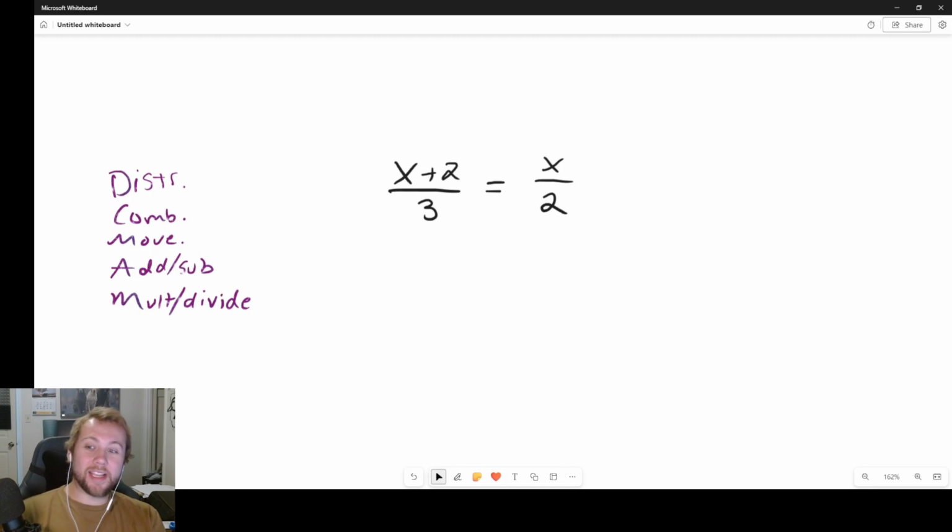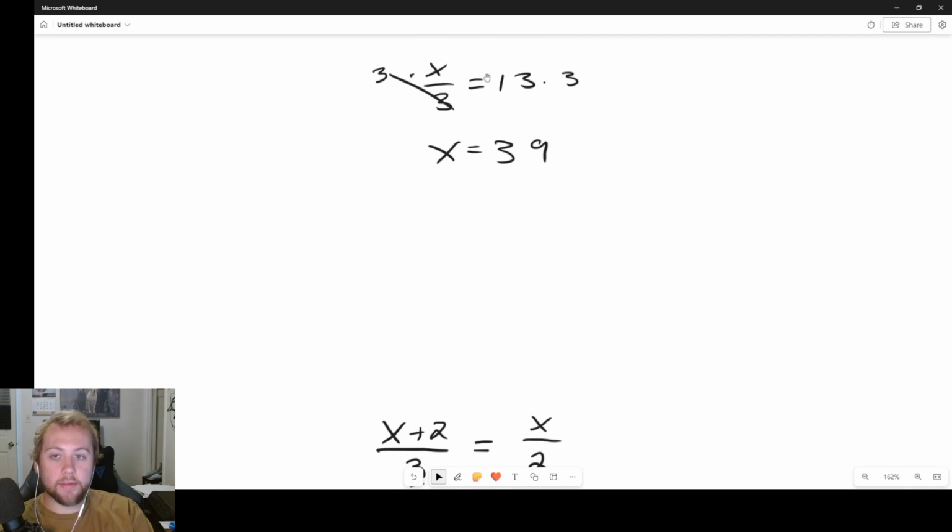Now this problem has two ways to go about solving it. Now we have a variable on both sides. Now the first way we could go about solving this is trying to find the lowest common multiple of 3 and 2 and multiplying both sides by that. However, I do want to mention, if you ever just have two fractions that are equal to each other, like this is a fraction equal to this is a fraction,